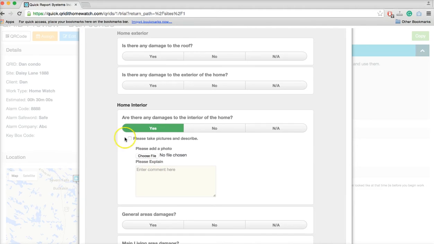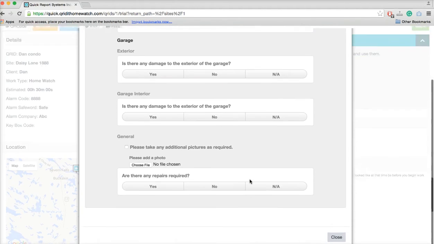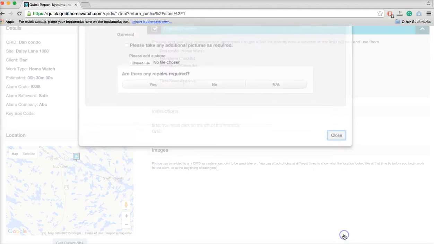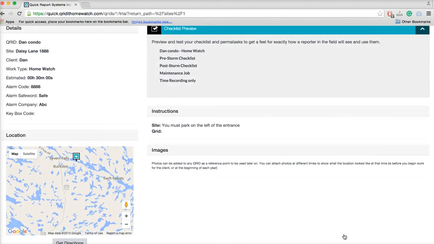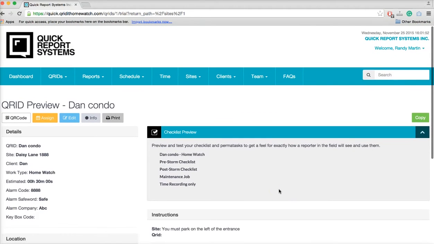Yep. Please take pictures and describe, found a leak. And so this gives you the opportunity to send your clients a report based on what you're there for, not just a home watch. So now that we've created this really cool checklist and we're ready to get going,